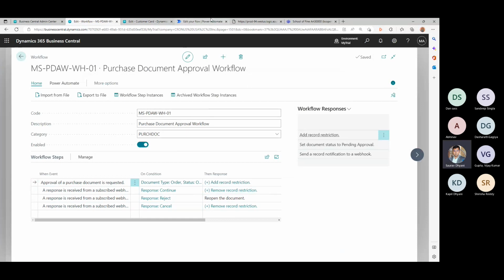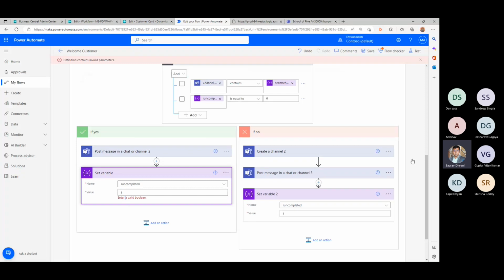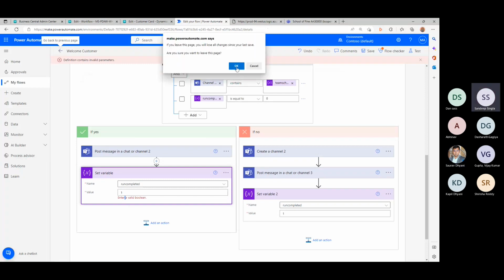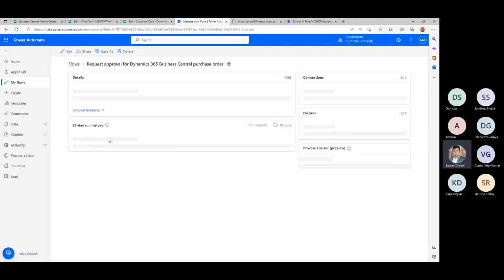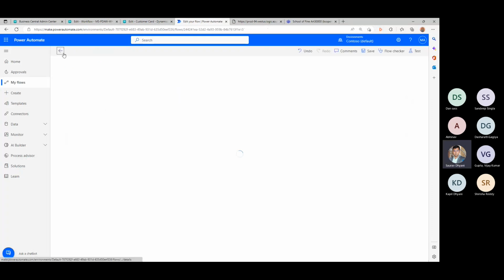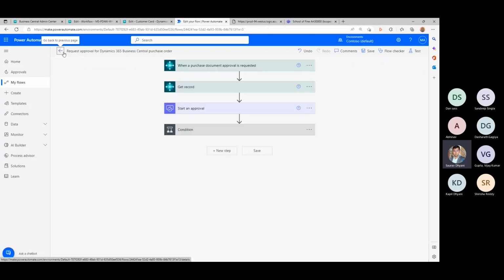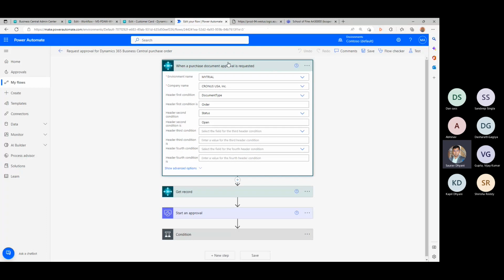I'll look at it and might discuss it next week once I finalize this. When you look at it from the Flow side, you surely will have to do a custom step if needed, which will also require a custom API from Business Central. It's a pretty early thought, but this is what you get from the template.